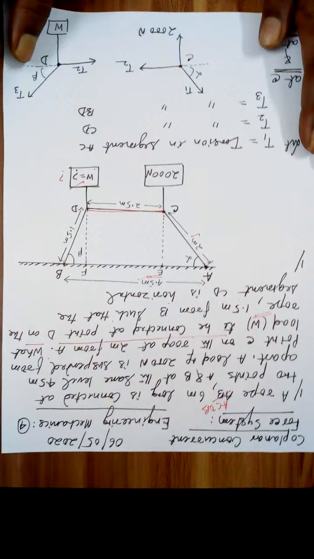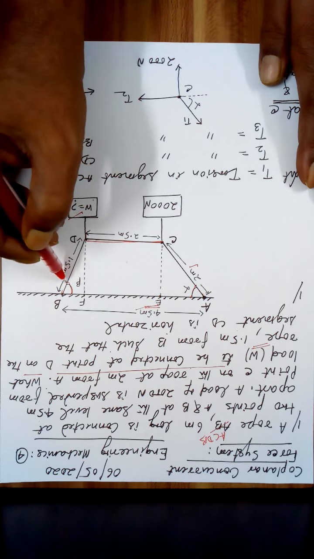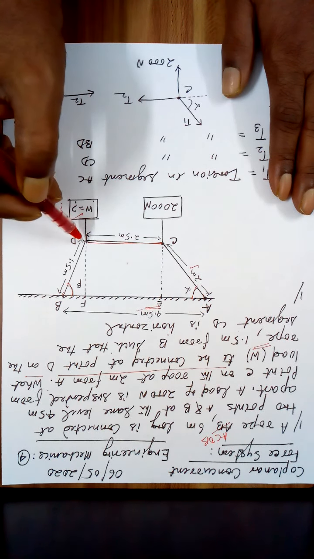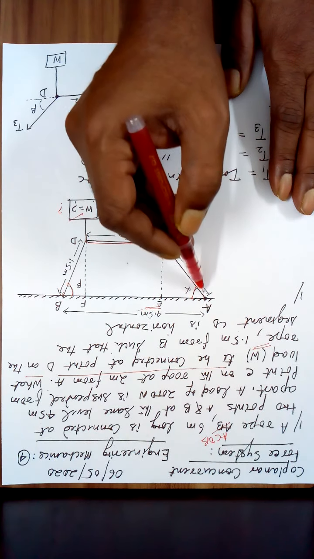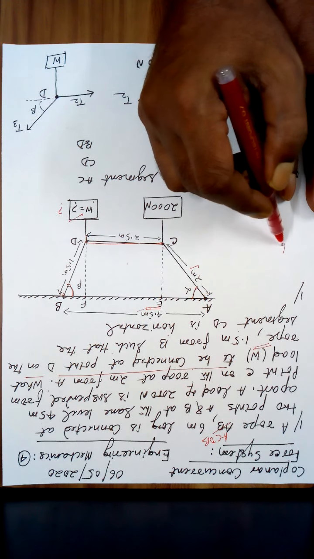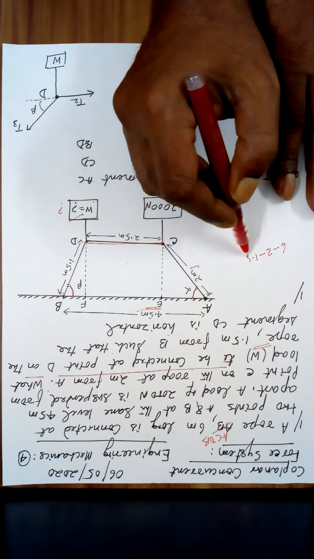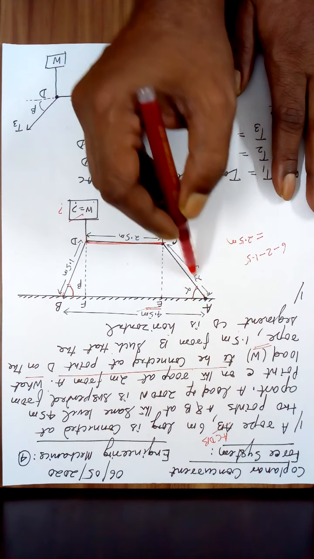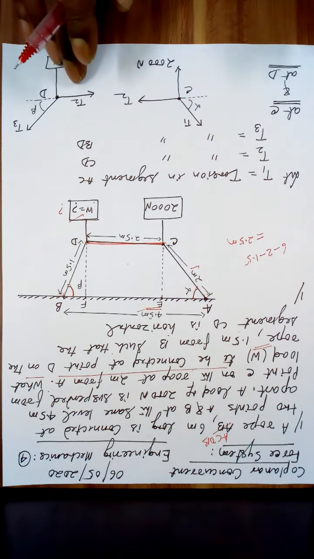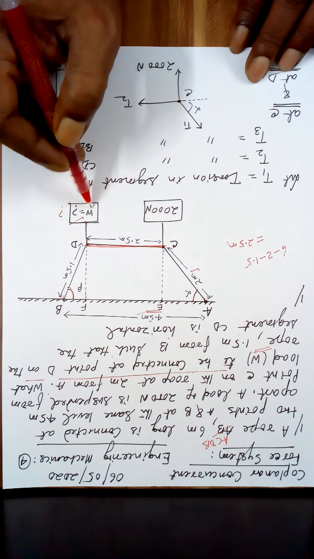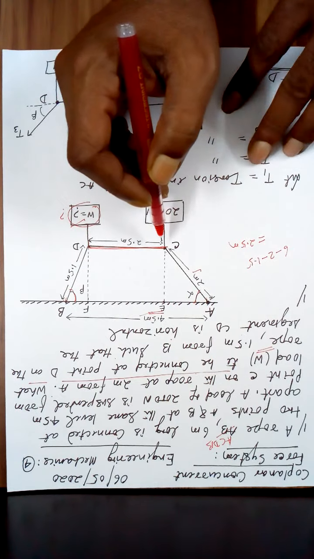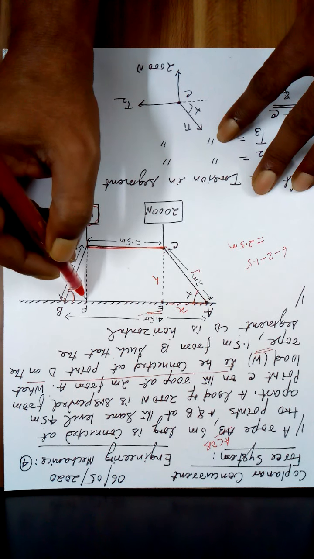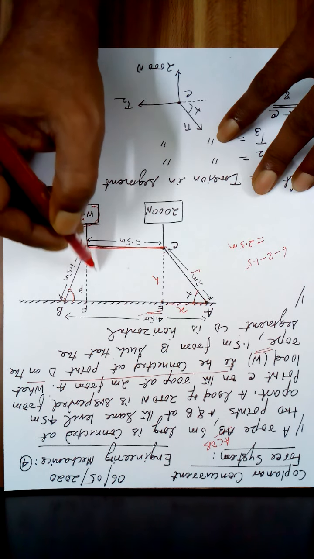Now, let this angle be alpha, let this angle be beta. It is given from here to here is 2 meter. From here to here is 1.5 meter. Since the length of the rope is 6 meter, 6 minus 2 minus 1.5 is equal to 2.5 meter. So this part is 2.5 meter because the total length of the rope is 6 meter. Now 2000 Newton hanging here and this is to be calculated. Now let the distance AE be equal to X, EC equal to H. Since this is H, therefore FD is also H.